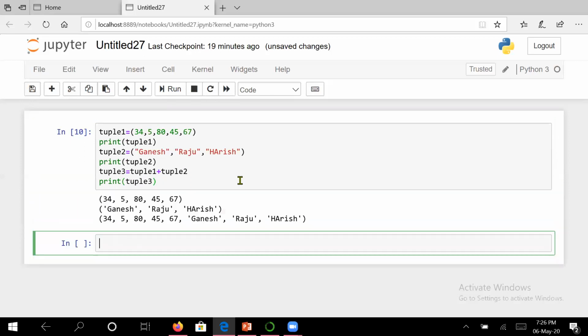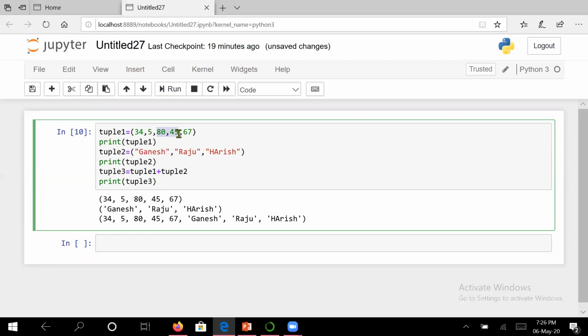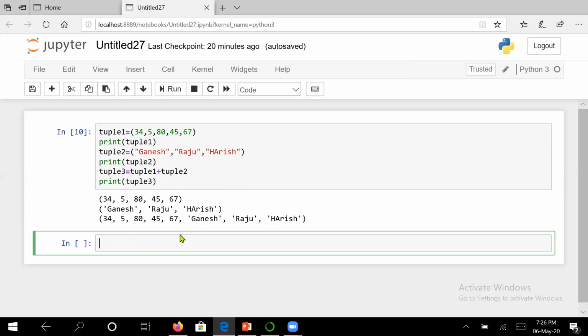As you know, sequencing is important. Let us try slicing in between. Suppose we want the elements 80 and 45. So how will you access these? The first element is at 0th position, 5 is at first position. So we will have to start from the second place and go up to the fifth, that means from the second position up to the fifth, exclusive of the last position. As I told you, if it is the nth position, it will print the elements up to n-1.